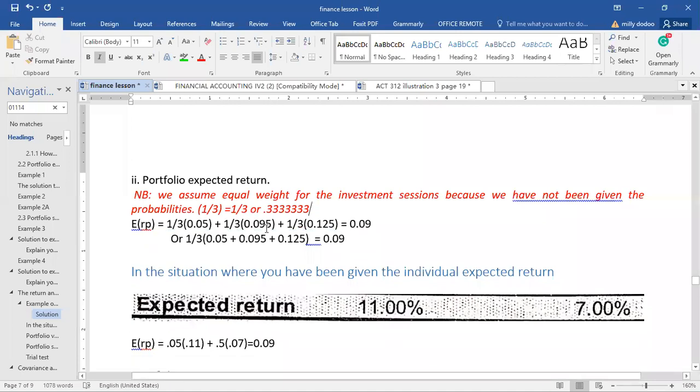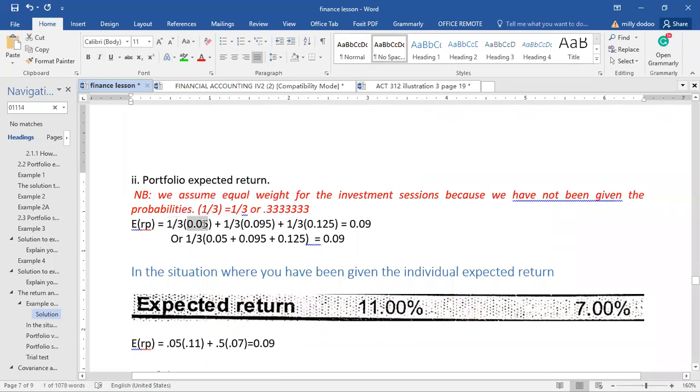Now, using 1/3 will give you a more accurate answer than using 0.3333, because at the end of the day, you'll be approximating. So to get our portfolio expected return, it is equal to the 1/3, the first weight,